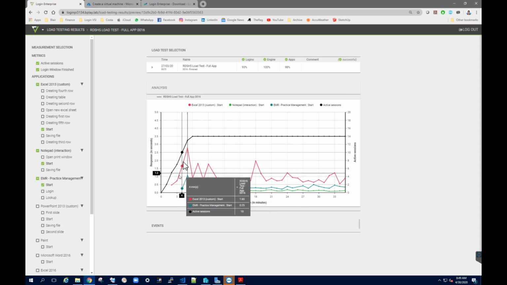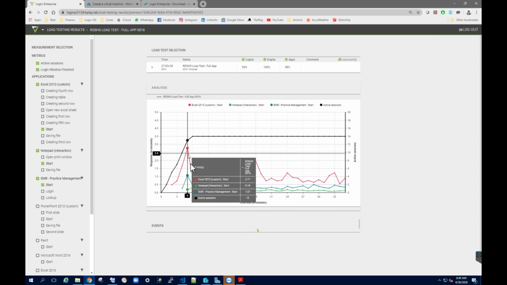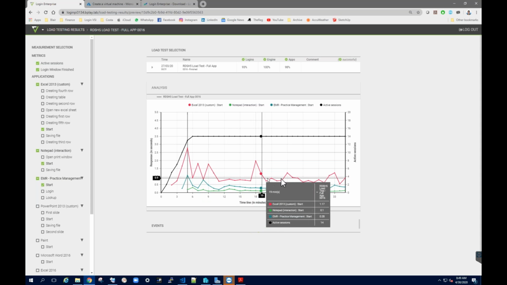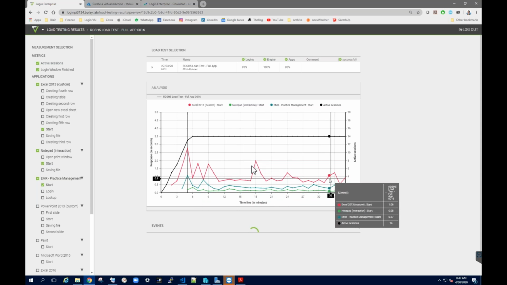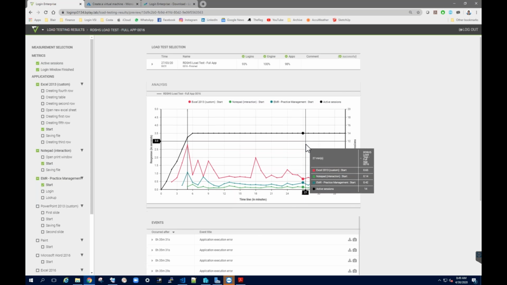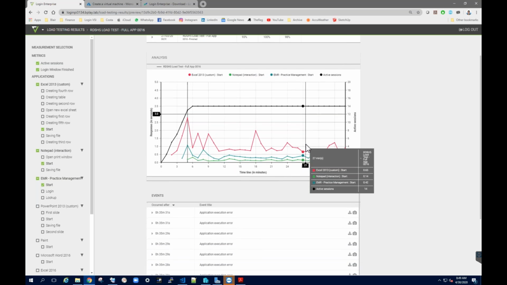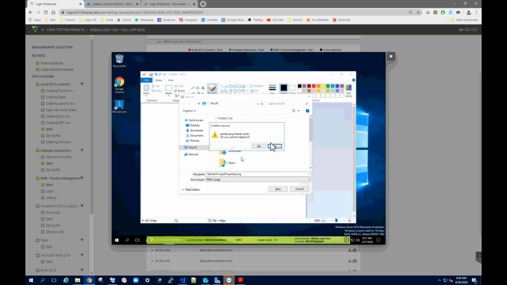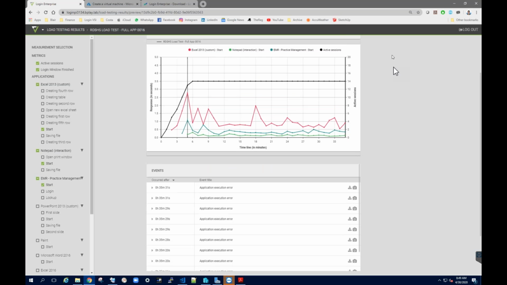Again, you kind of get that effect here, where as you log in, things slow down because of the CPU utilization. And then as it settles down, you don't see that spike up quite as badly. Also with this testing, we do collect things like login performance, and we do collect things like application execution errors. So I can see I did have some app errors. And again, you get a quick screenshot to see what's going on or why that failed, so you can address that. And maybe that can help to kind of clean up your server-based compute or